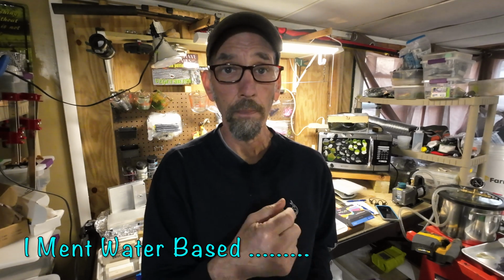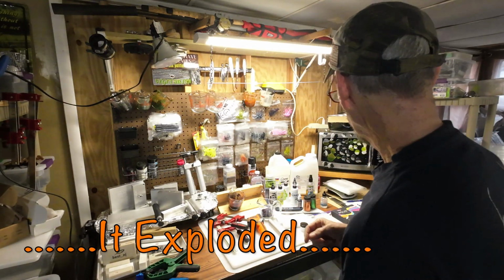If you're going to order your stuff on Amazon, be careful. I ordered some stuff that I thought would work, and when I put it in the hot plastisol, you do not want to put a liquid base into 350 degree plastic. It didn't work out well. So that being said,